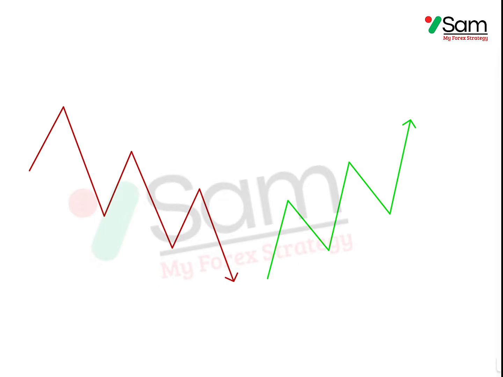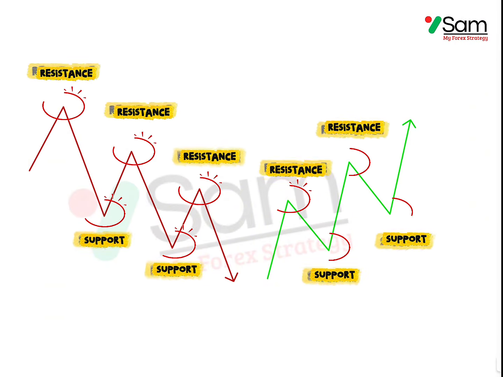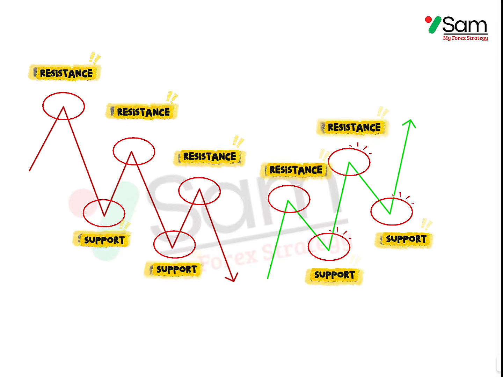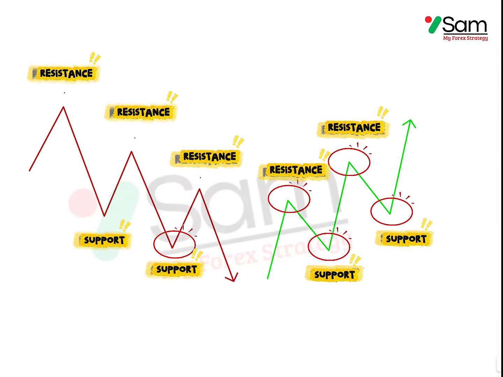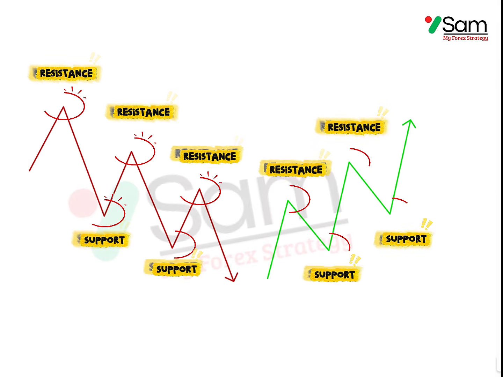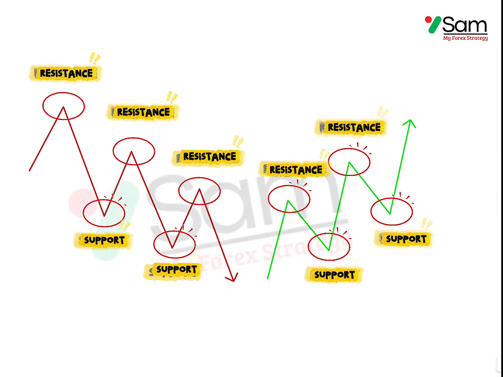Now, take a look at this example of support and resistance structure. You can see it by yourself, which one is support and which one is resistance. This is just a simulation example because in the live market it will look different. The most important thing is you need to memorize the basics first. Before Sam explains it directly in the market, make sure you remember and understand this first.